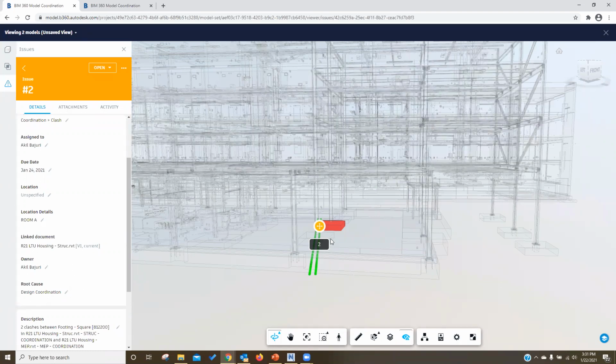And I would highly recommend for those who are not really good in IT, technology or software, you can also be good at managing the project and coordination by using BIM 360. And believe me, BIM 360 is the easiest to learn as compared to other technical software like Revit and so on.